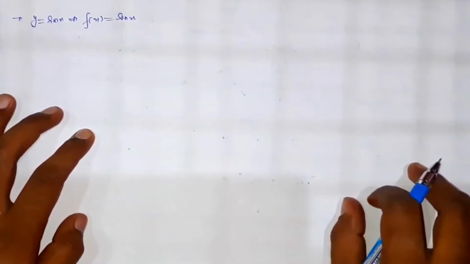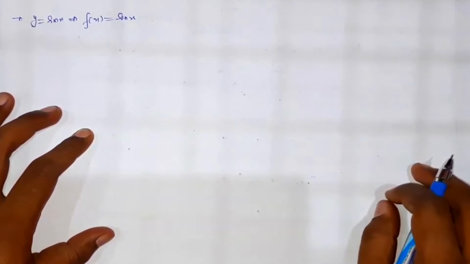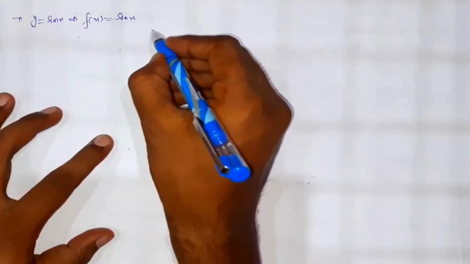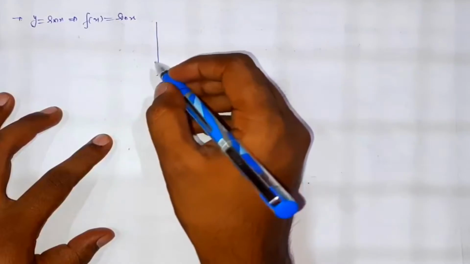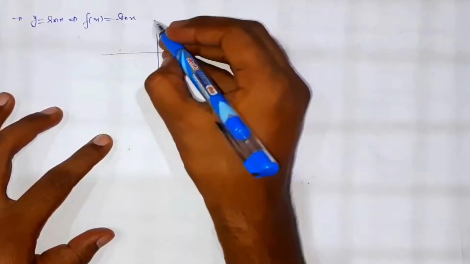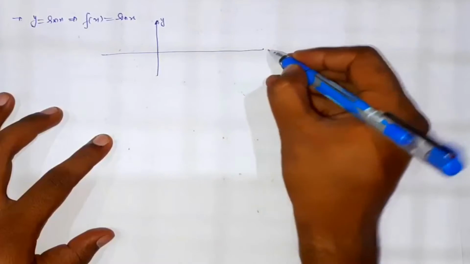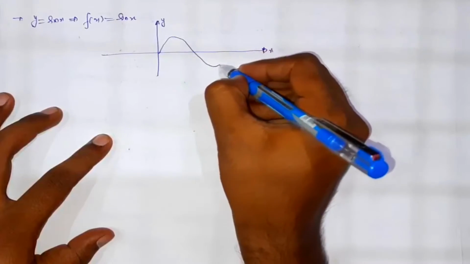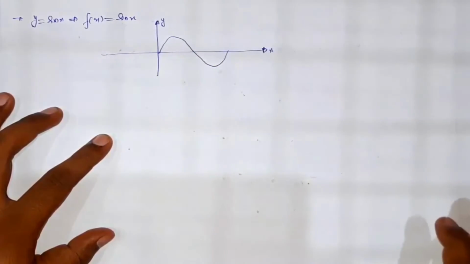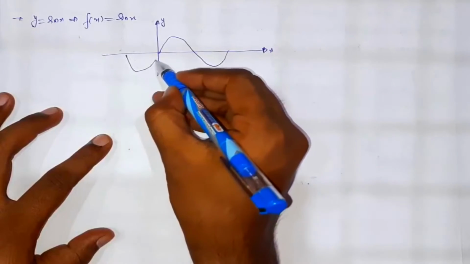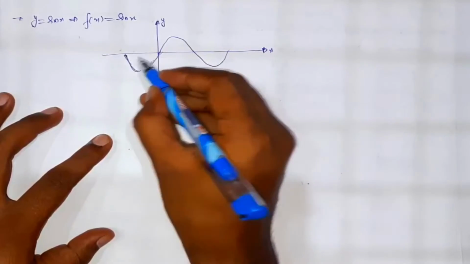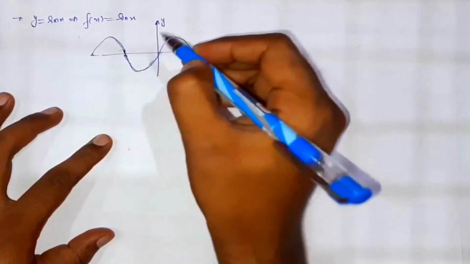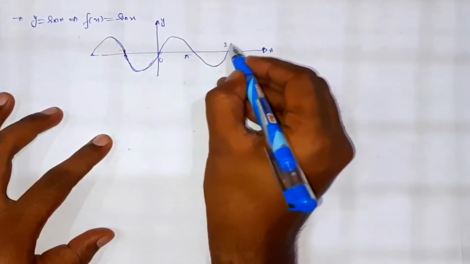Okay. So after each and every period of 2 pi, this function will again repeat itself. Okay. So the graph of this function will be like this. This is a basic function that you should know. Okay. So this will be like this. This will be of same type. All the domains will be of same type. Okay. So this is 0, this is pi, this is 2 pi.